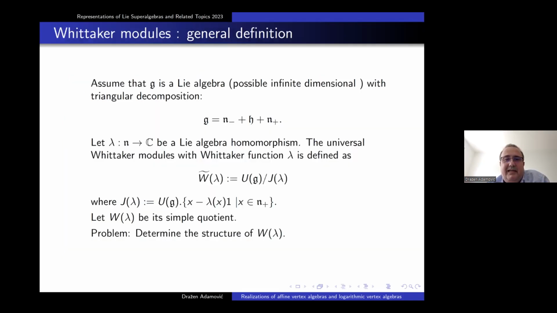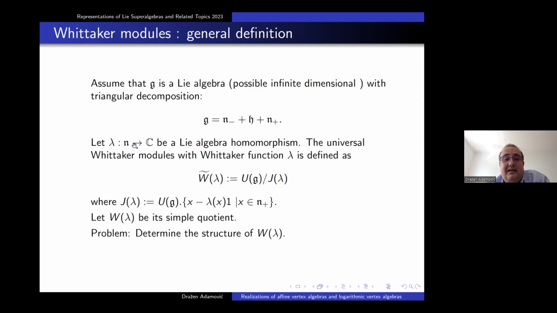I will just study an application, for example, for Whittaker modules. Let me just recall the definition, since here there are experts on Whittaker modules. If I say something wrong, I learned the definition of Whittaker from Xiamen Zhao. So assume that G is a Lie algebra with triangular decomposition, any Lie algebra, finite or infinite dimensional. We have G, n minus, H and n plus, a triangular decomposition, and we take any Lie algebra homomorphism from n